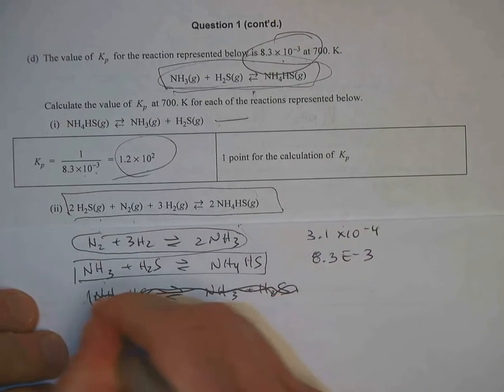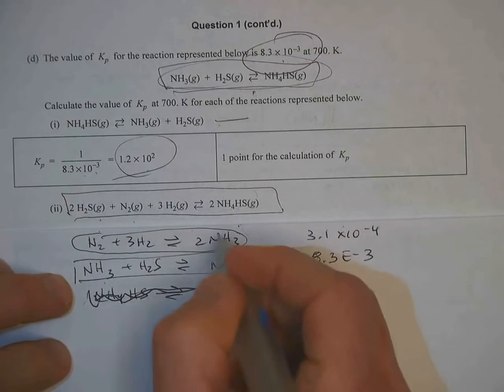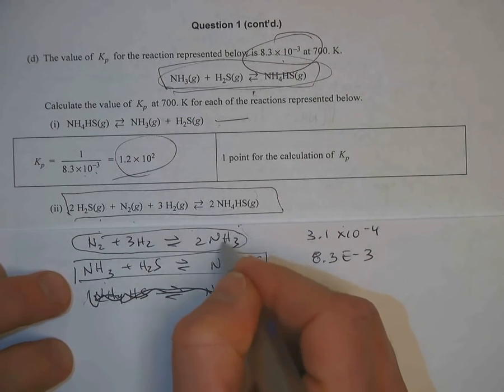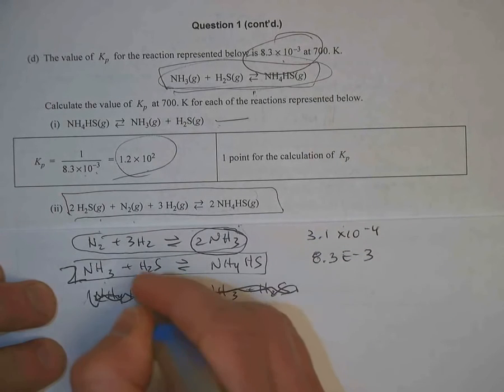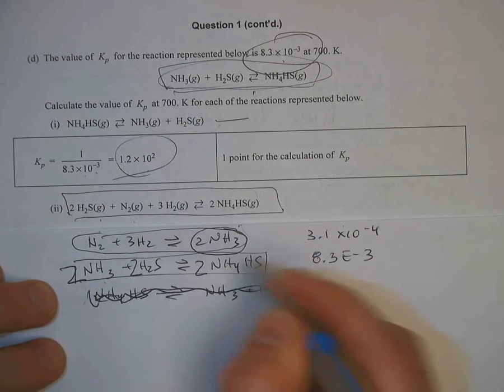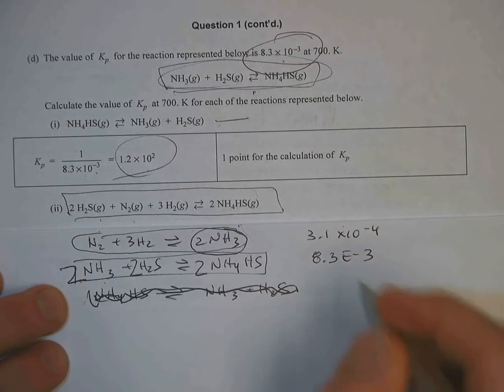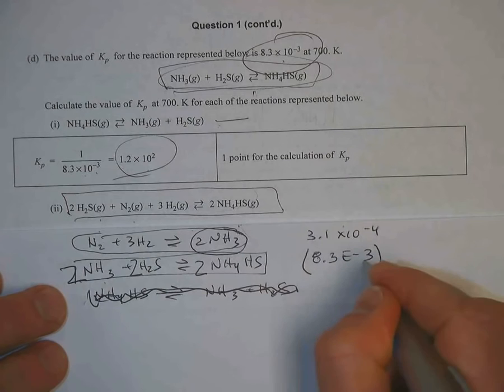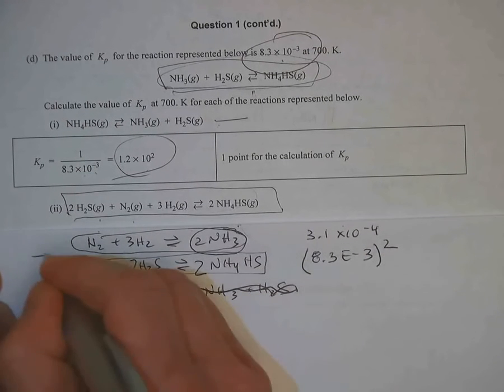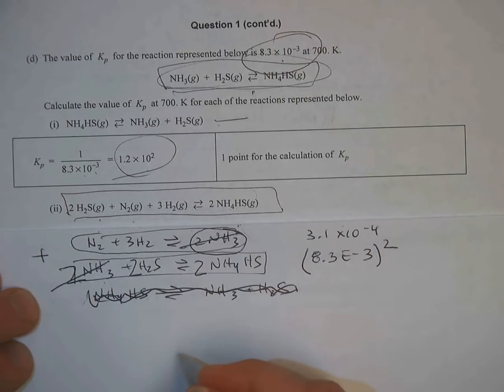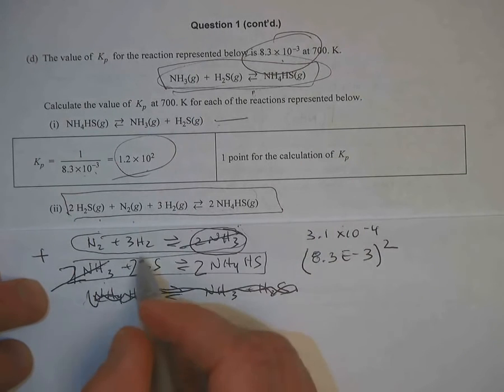My bad. What I was looking for to do was to take and have the NH3s cancel each other out, because you'll notice I've got 2 NH3 here, so I'm going to multiply this guy by 2, which means I have to take my equilibrium constant and square it. The NH3s then, when I add these two reactions together, would cancel out,